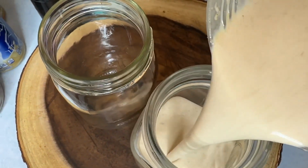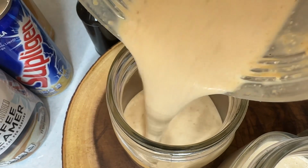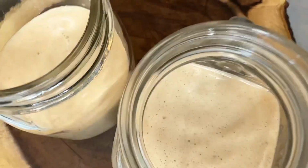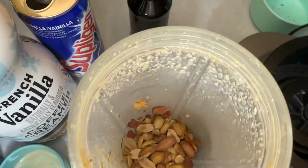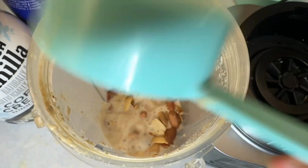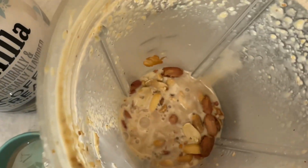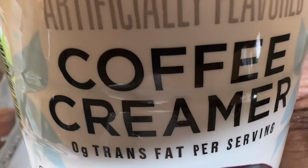Here I am pouring the ones I did with the all Jamaican Supligen and a little Nutrament. For the next one without the Jamaican Supligen, I added quarter cup nuts, I added a quarter cup Irish moss, I added 1 cup